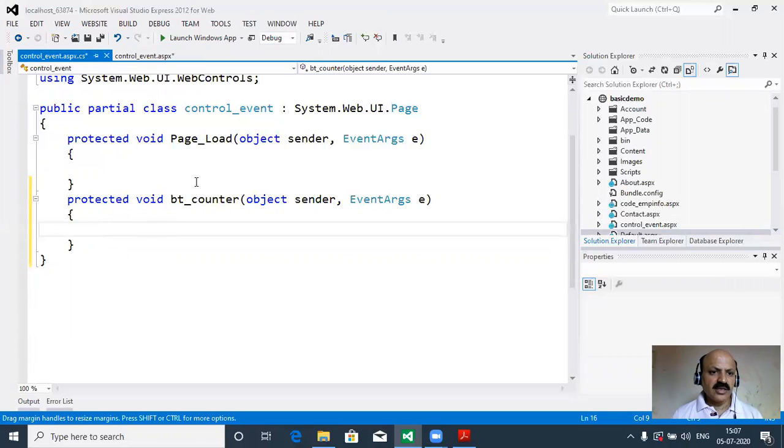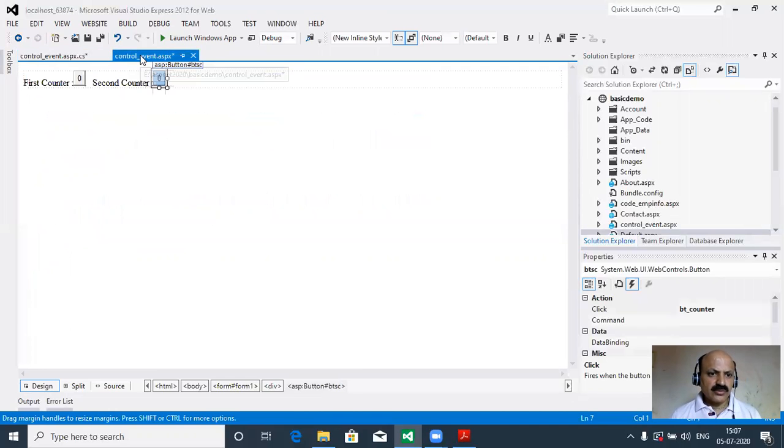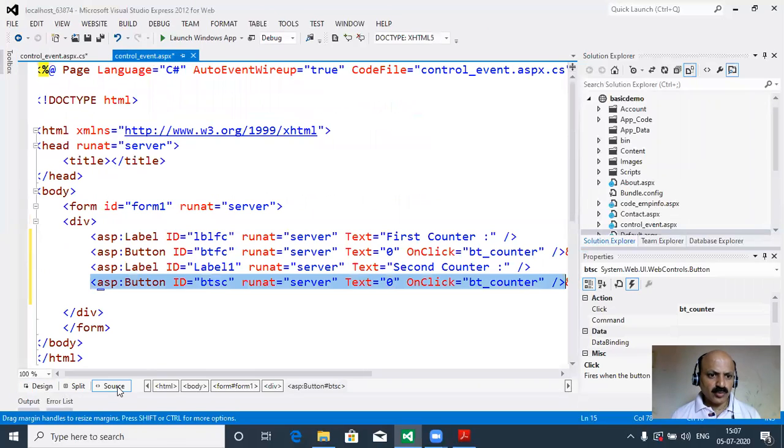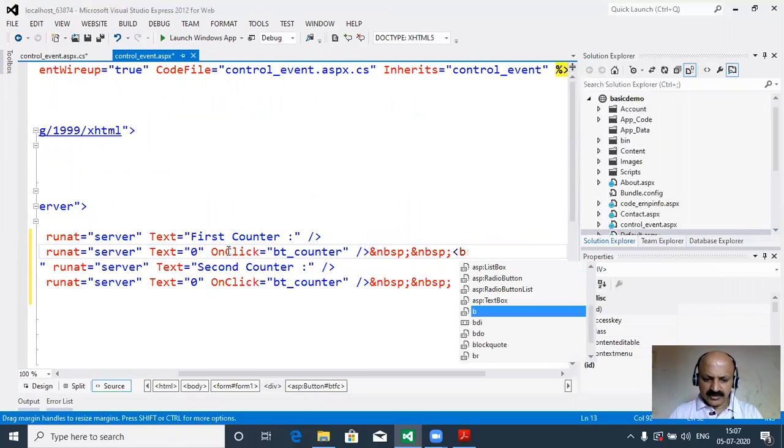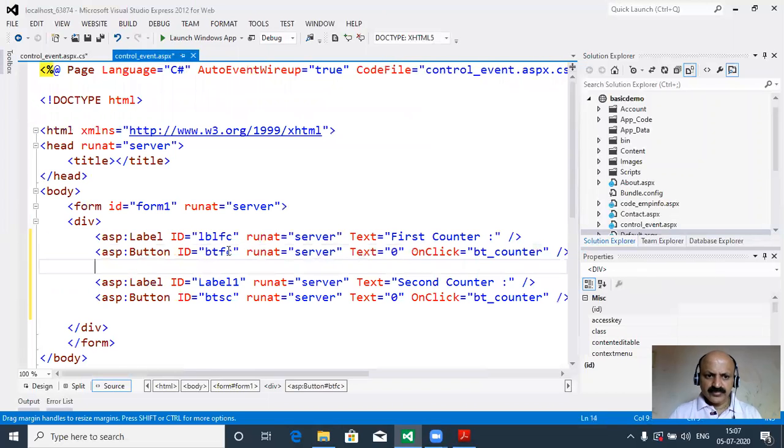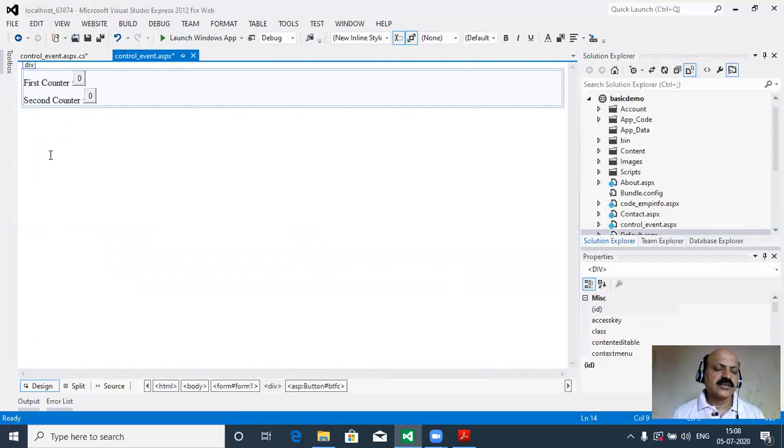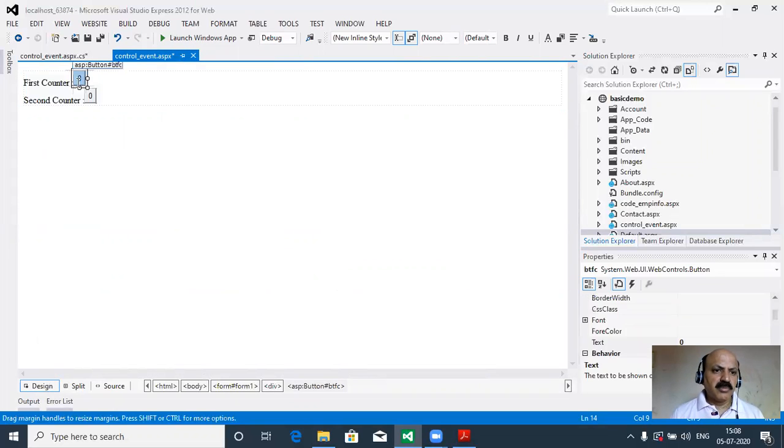So two identical buttons, but event is one. In source code one change is there, we have to provide one br tag after first button. Okay, so looking better. Yes, now we have to apply the code.